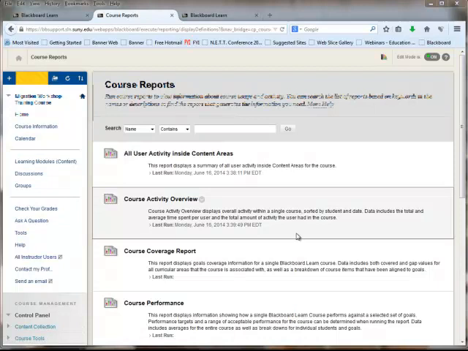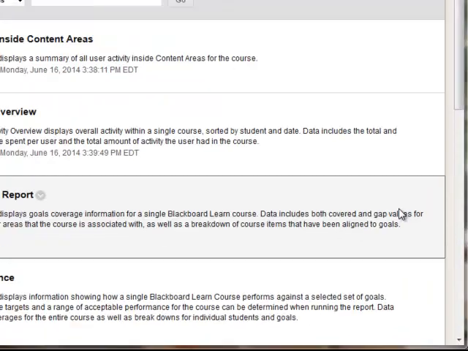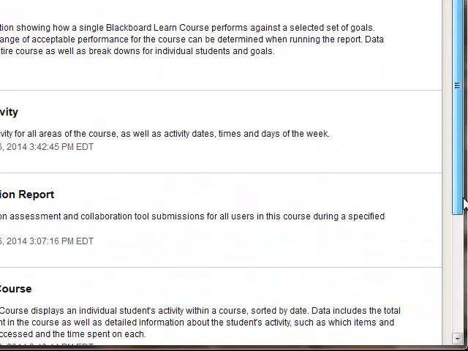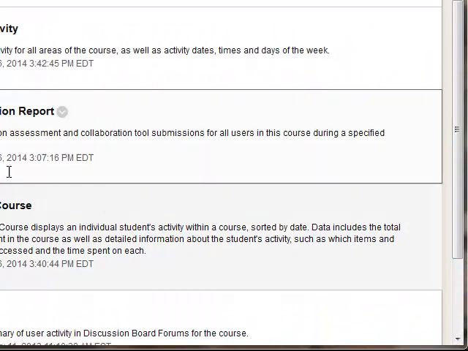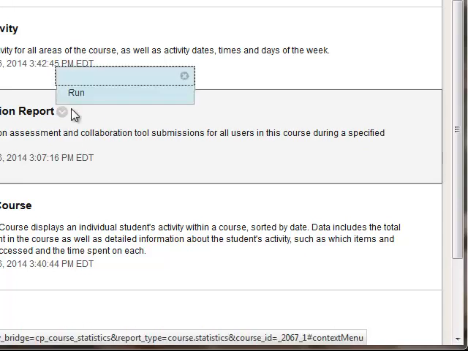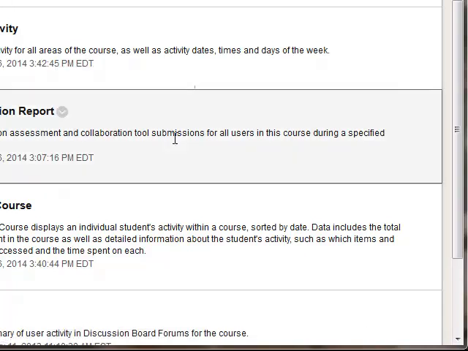Okay, now the next thing in here is the single course user participation report. This is actually going to take the information, a report, and take it out to Excel, and it's going to give me the dates the students have actually submitted work. So if I go into this particular report,